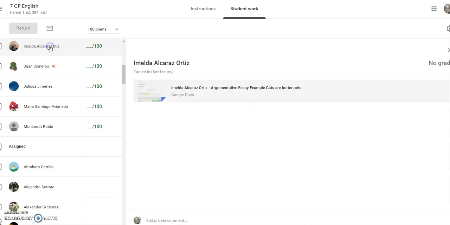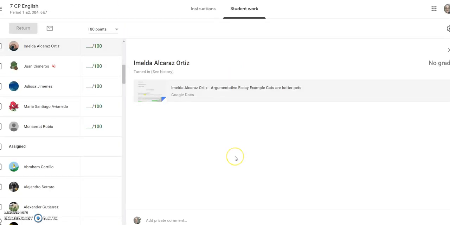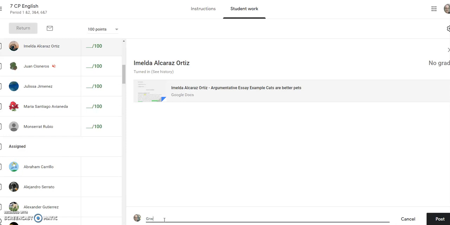Let's look at this one here. And I can see that she has something attached, so I'm going to go ahead and click it there. Now I'm going to take it back real quick right before I press that. You'll see at the very bottom there's a comment that says private comment. Now I can add anything, great job here, or something like, do you need any help? Looks like you are having trouble. You can also say, thank you for working quietly today. Whatever it is you want to say to the student that maybe you didn't get a chance to say in